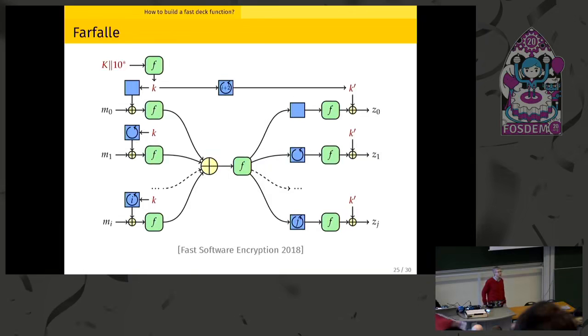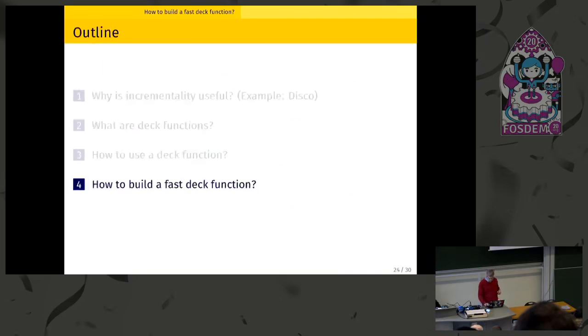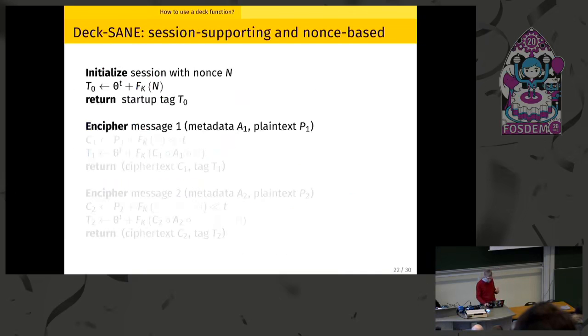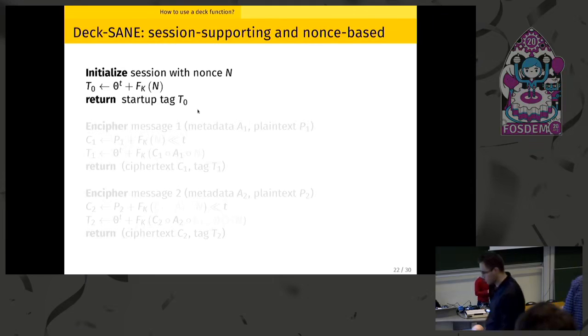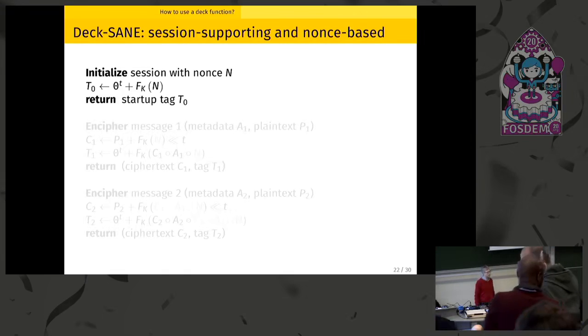So having too large messages is not necessary. Of course. Okay. And that's why in this mode, we have a tag at session startup. So you have a tag that you can immediately check just based on the nonce. So for denial of service attacks, they need to have this tag correct. Otherwise, you can just stop there and you don't need to check the whole message. Okay. Thank you.